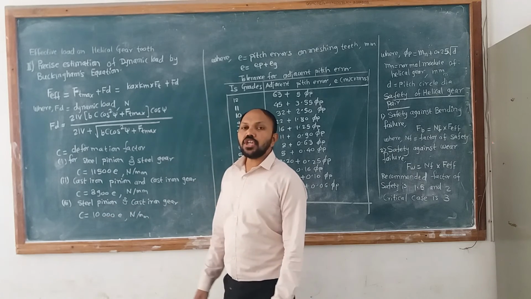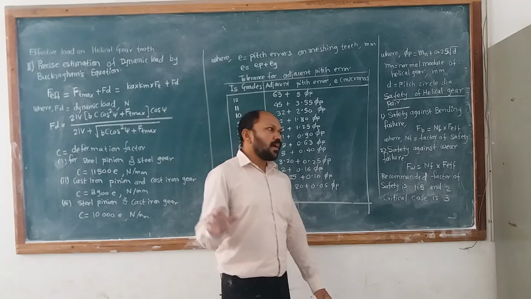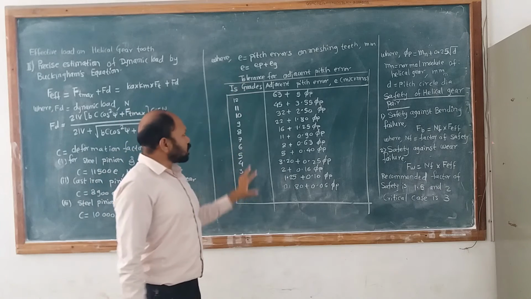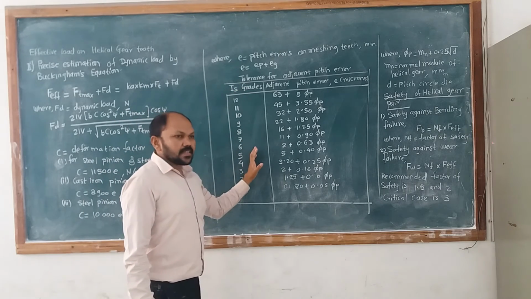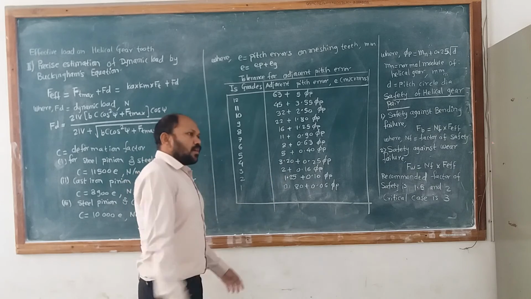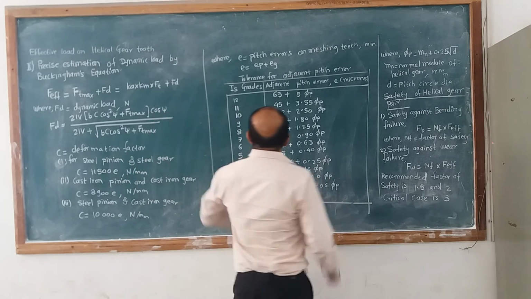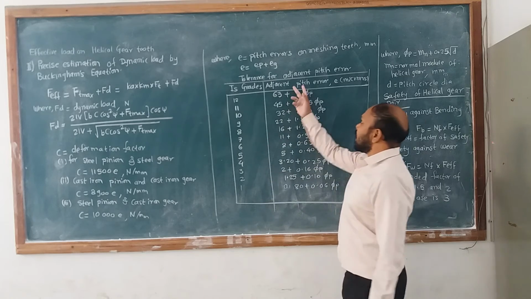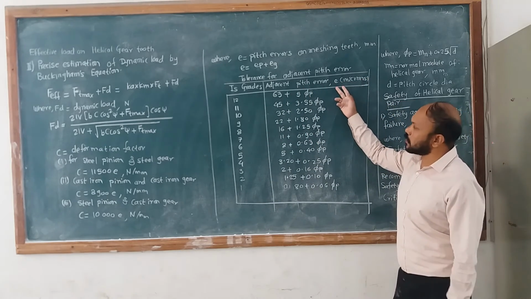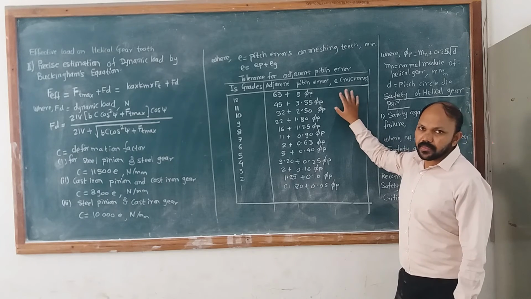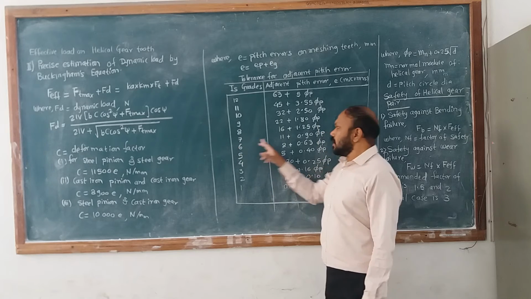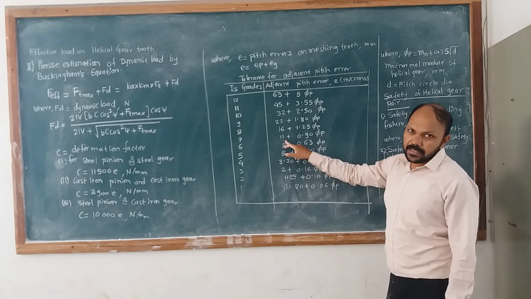What is this E? E is called the pitch error. The pitch error value is again available by using this formula or by using the IS gear grade. If you are choosing the IS gear grade from this table, I already explained it in our spur gear chapter also. These IS gear grades are 12 gear grades. Adjacent pitch error, this pitch error in microns. For example, if you choose IS gear grade 7, then use this formula for calculating the E.